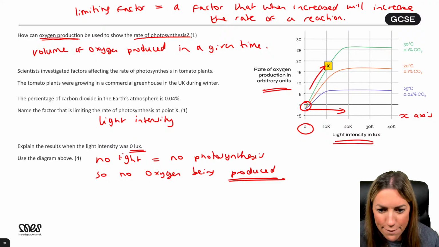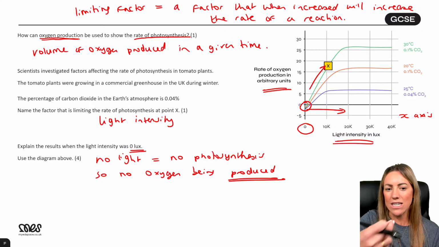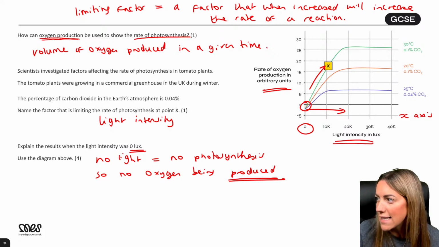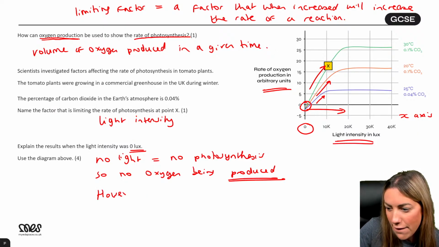Right, how is it 4 marks then? Well, have a look at the graph. Not only is there no oxygen being produced, but there's actually a negative rate of oxygen production, which tells us that oxygen is actually being taken in. Yes, there's a negative oxygen change overall. These lines on here, Mariam, where they're going up. Right. So this is how we get 4 marks.